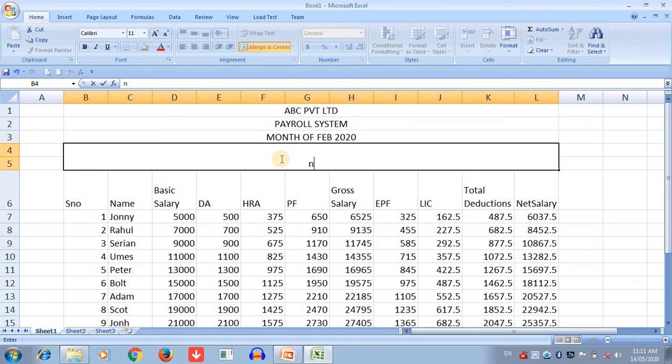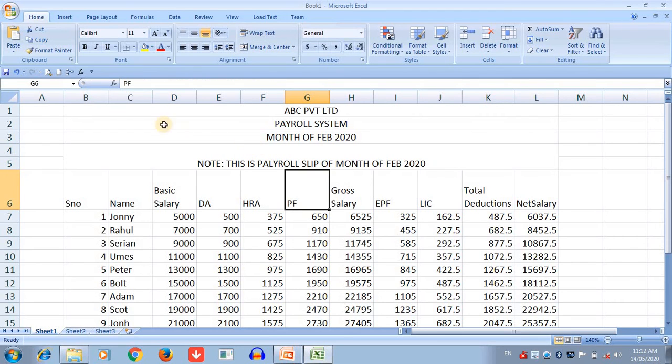So we write here note. This is payroll system or payroll slip. You can also use payroll slip of month of February 2020. So I hope students you understand.